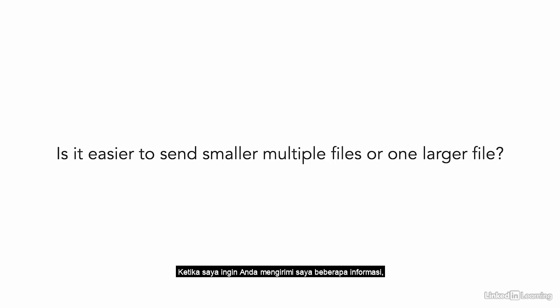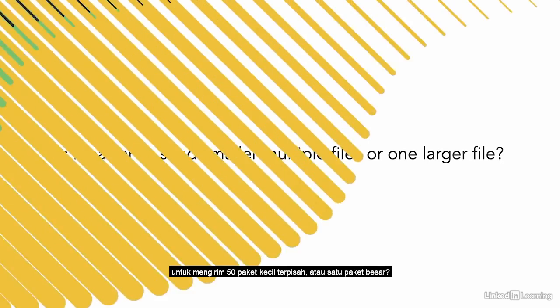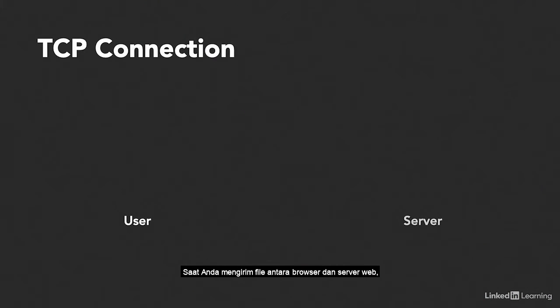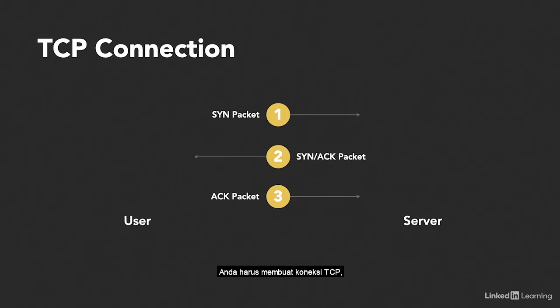When I want you to send me some information, is it going to be easier and faster to send 50 separate small packages or one large package? When you send files between a browser and a web server, there's overhead. You have to create a TCP connection, which takes a little bit of time. And even though it's a very tiny amount of time, you want to make as few new connections as possible